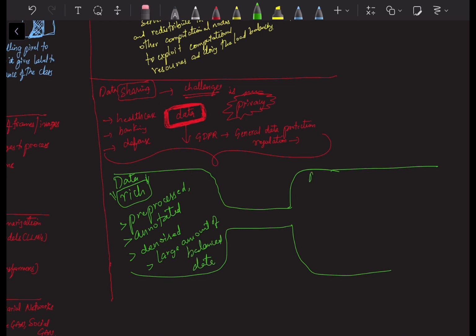On another side, we have the model-centric AI approach, models,